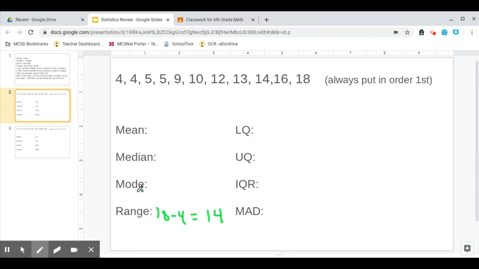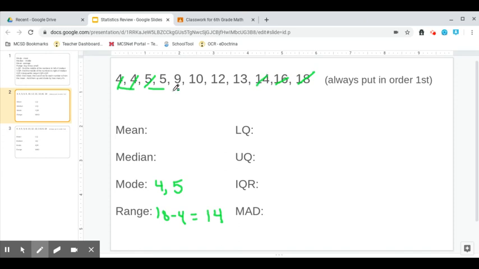Okay, mode we said was most occurring. 4, 4, 5, 5. Nothing else happens again. This happens more than everything else, and so does this. So we have a mode of 4 and 5. Okay. Now our median is our middle, and I always like to go first, last, first, last,